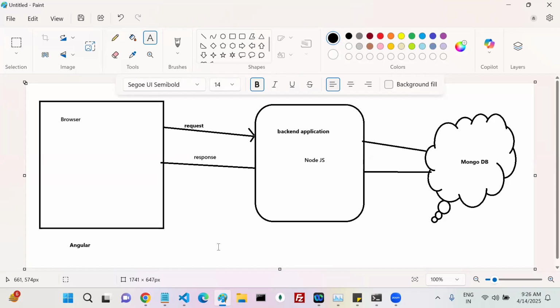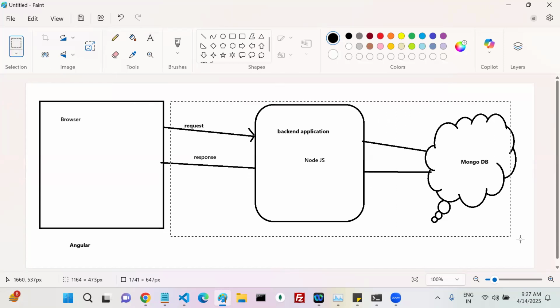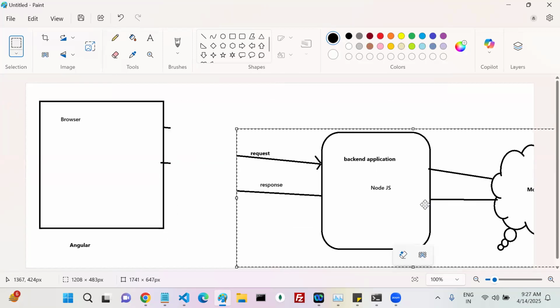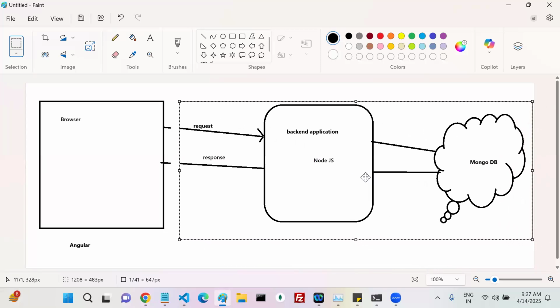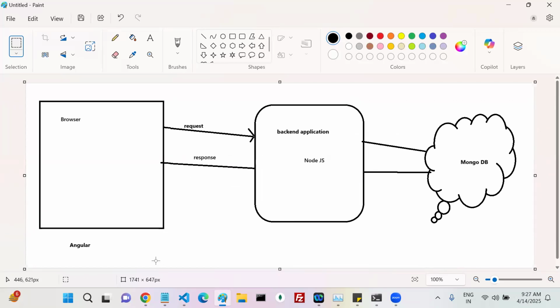There are two sections in the web, client application and server application. My client always runs in the browser. My server is out of your browser, somewhere it runs, and is used to perform some operations on my DB. If the content is static, this part may not be there. If the content is dynamic, taking the data from the database and performing some required operation, then this part should be added. That depends upon your requirement.